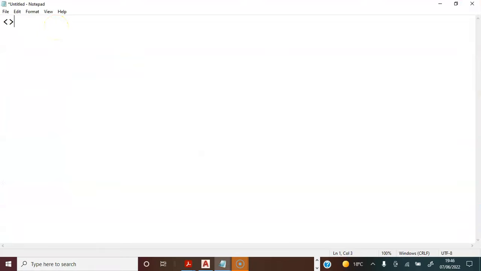Next, we're going to start with a tag, and inside this tag I will have an exclamation mark, then doc, type, spacebar, HTML. This is the first line of code that helps the browser to render our HTML file. Next, I'm going to start another tag, HTML. Next, I will close